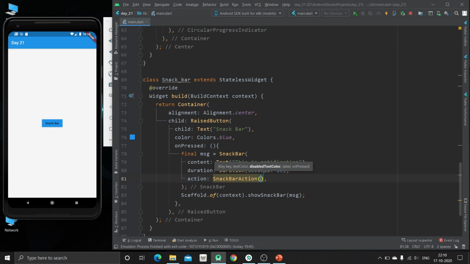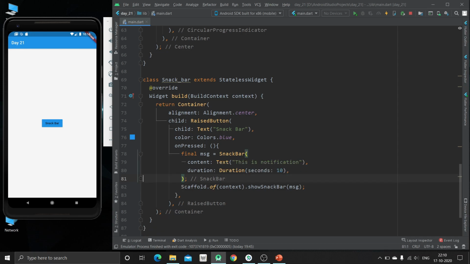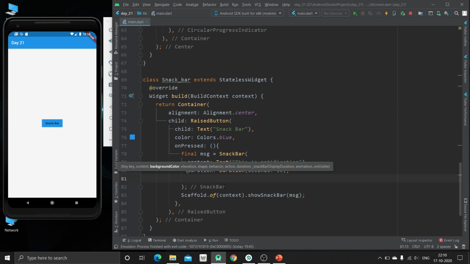So this is the other property, and we can see what the properties are provided by this snack bar by just hitting Control and P.